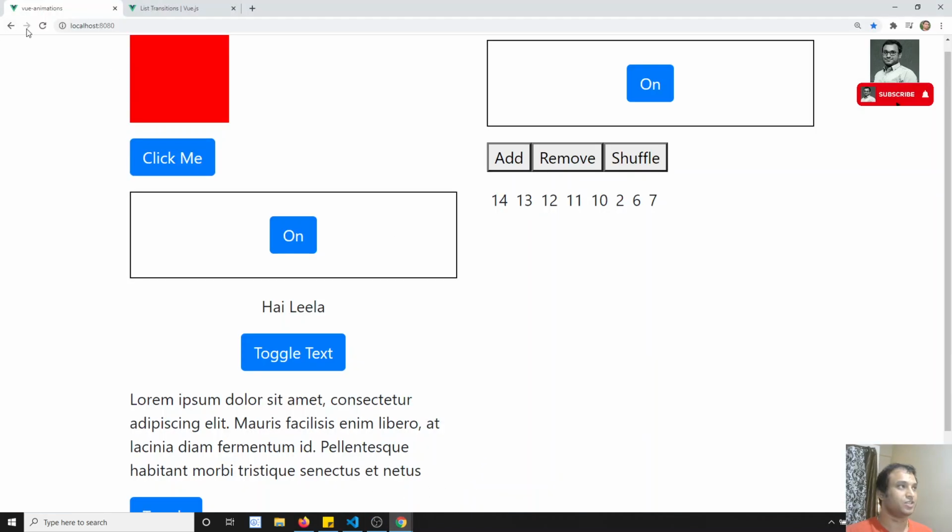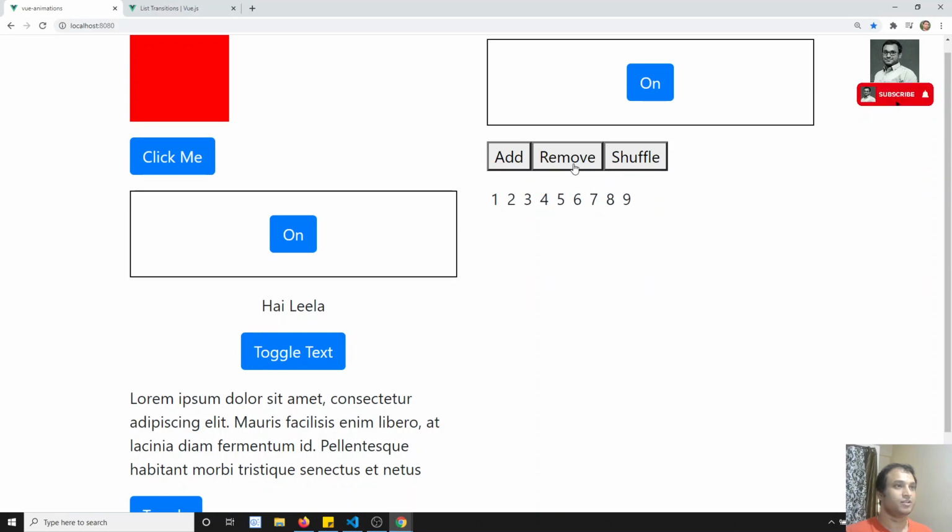In the previous video, we did the transitioning effect, right? So for example, if you see here, if I'm doing this, immediately the jerking is happening. If I try to add, immediately it is going that side and being added dynamically. So the transition effect is not as smooth as what we expected.